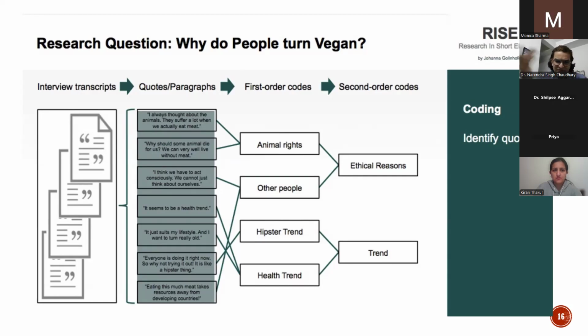It seems to be a health trend. It just suits my lifestyle and I want to turn really old. Then everyone is doing it right now, so why not try it out? It is like a hipster thing. Now, these are quotes or paragraphs that I have got from the transcripts. Now, what they're talking about, the first order themes will be